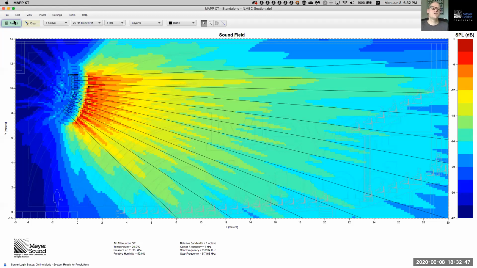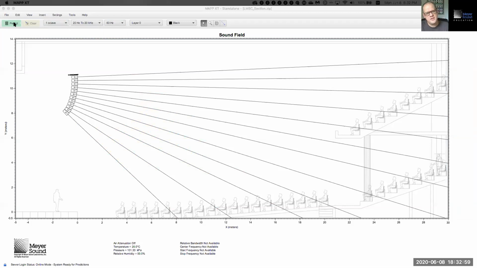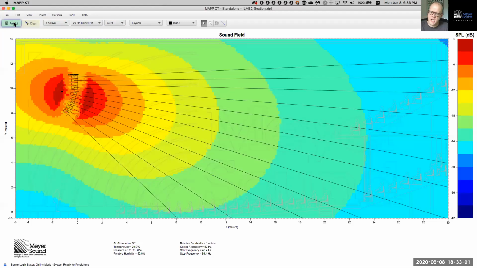Now let's go to very low frequencies. Let's go to 63 hertz. 63 hertz is about the bottom edge of the frequency range of a Leopard system, give or take. And this is the coverage at 63 hertz. And again, that looks reasonably well. If I start counting colors,